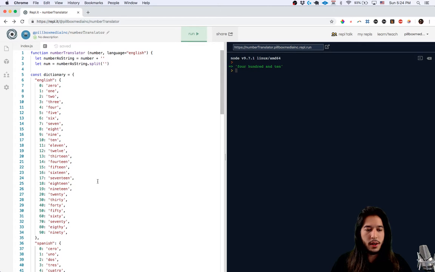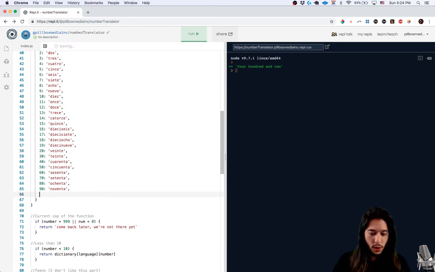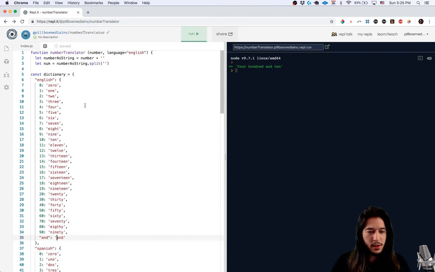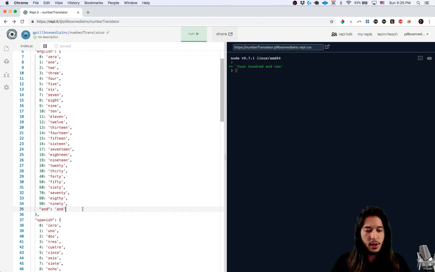I could do dictionary. All right, I'm an English developer, so I'm going to solve this in an English sort of way. My code is going to say and the response I get when my code says and is going to be in Spanish. If you notice here, I did this interesting thing where my string key value pair keys, I used quotation marks, but then for my values I used single quotes.